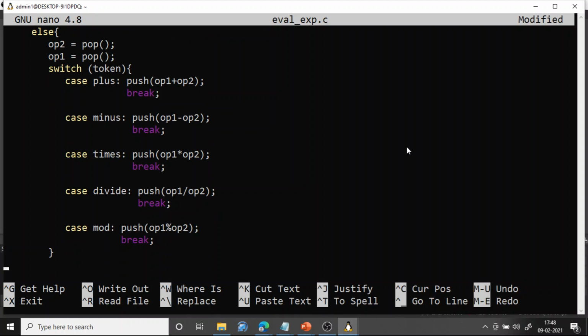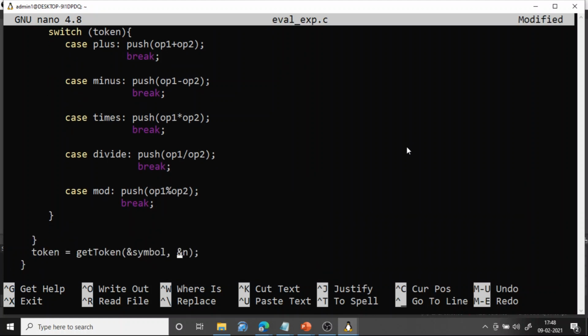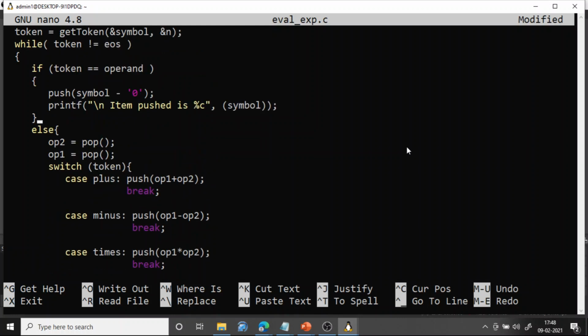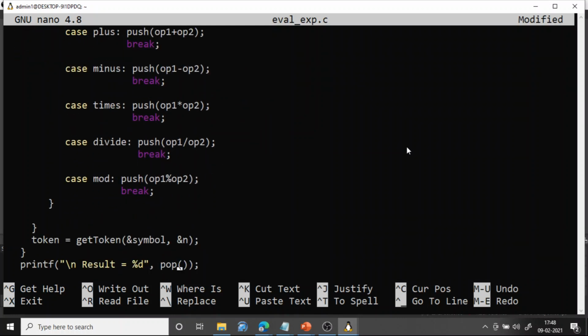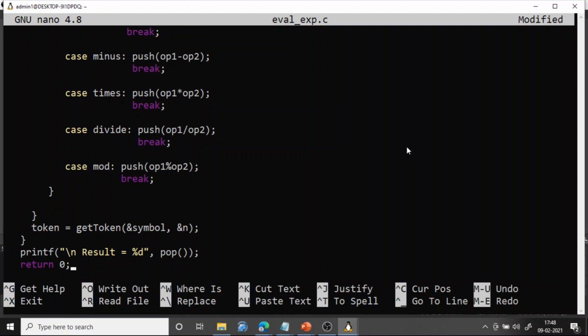If it is modulo, perform modulo and push. So do this until you read all the characters, that is until end of character is reached. Okay, that is, read the next token and continue that. So this is the end of switch, this is the end of else, and this is the end of the outer while. Finally, once you pop from the stack, that pop will have the final result.